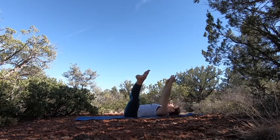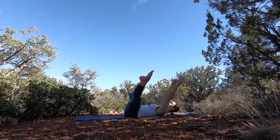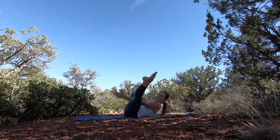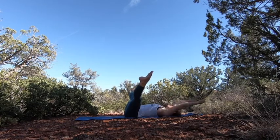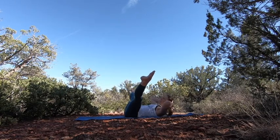Or arms overhead and reaching between our legs. For 8, 7, 6, 5, 4, 3, 2, and 1. Reach as far as you can, or your hands are here, and we're just going to pulse it out